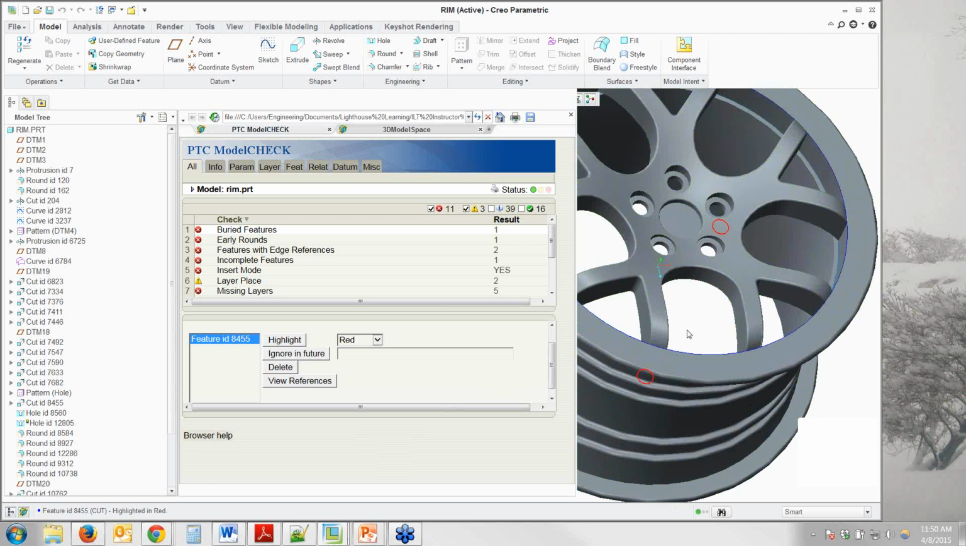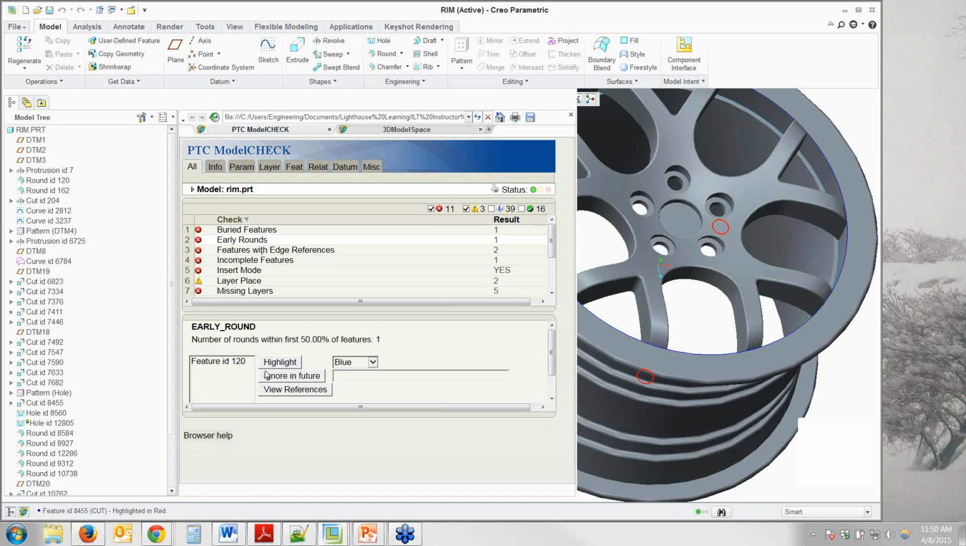Now, another, I guess you could say a final example on this would be, actually before I move on to that, I'll show something else over here. Over here where we have early rounds, again, model check analyzes the model and says, okay, well, you have rounds earlier in your model tree than you should. Now, one of the things we can do with this is we can, say, for example, that's the name of the check. We can copy that,